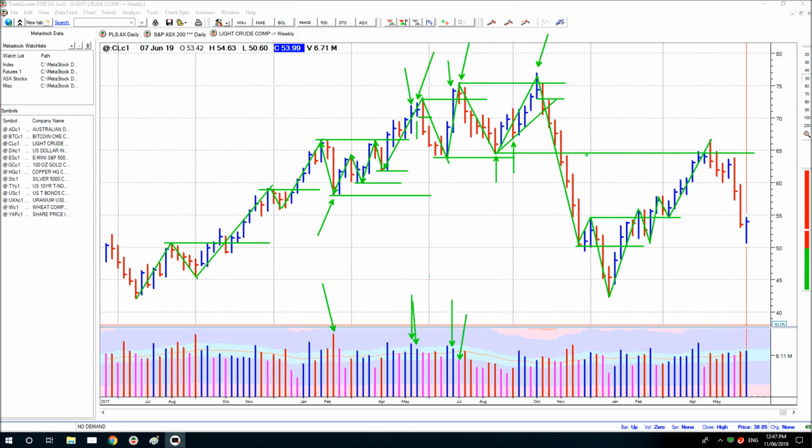to the breakdown line. This is the breakdown line here, and was unable. It tried to recover. It wasn't able to recover back above the breakdown line, and that would be common. Very rarely, after price breaks down like this, is it able to recover back above the breakdown line. There'd be a lot of supply that may have been stuck in here. Anyone who wanted to get out, here was your best chance.